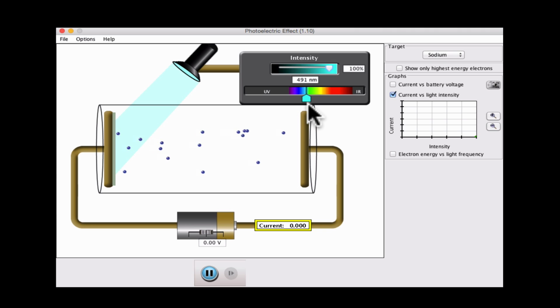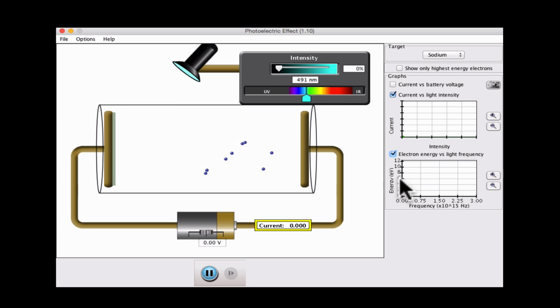For sodium, for this metal, it's about 490 or so nanometers. What's interesting as well is that point is the same regardless of the intensity of the light. So we can't make the light more intense, I already had it on 100% in fact, and expect more electrons to flow. If we leave it at about that cutoff of 491 or so, we can increase the intensity of